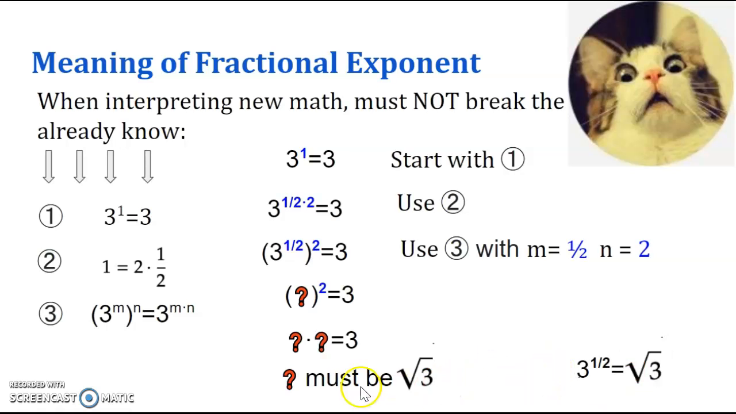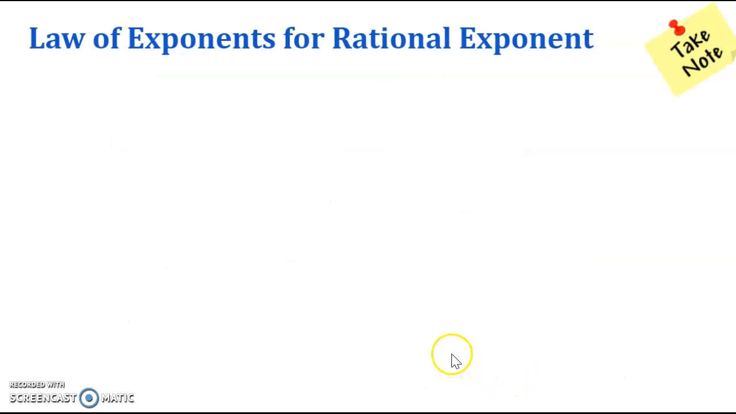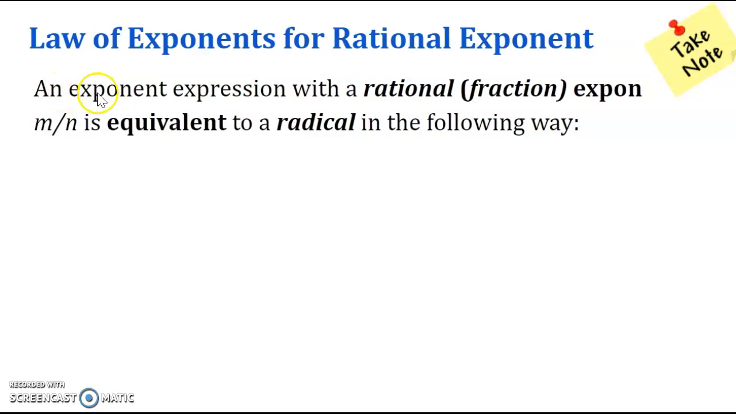So from here, we can conclude that the question mark, which was 3 to the power of half, was really square root of 3. Okay, so 3 to the power of half and square root of 3 are the same thing. So, laws of exponents for rational exponents, you're going to take notes here. An exponent expression with rational, that means fraction, exponent,